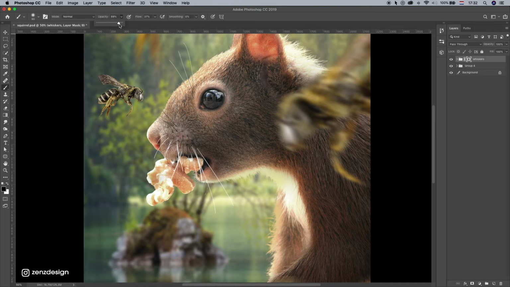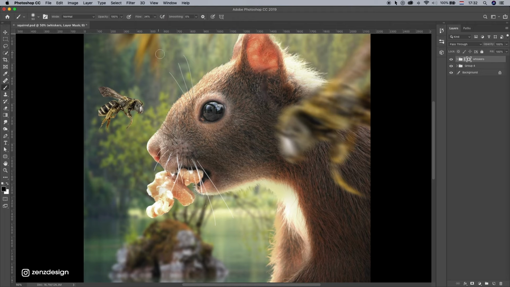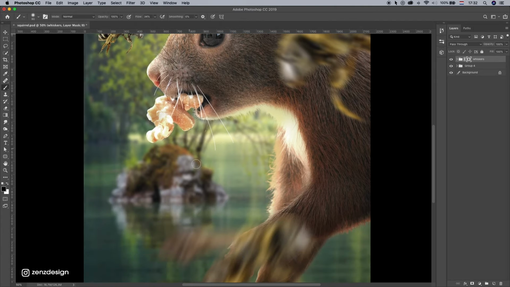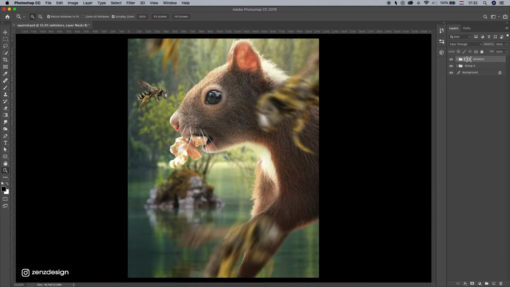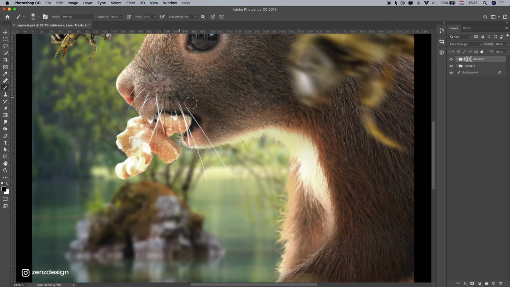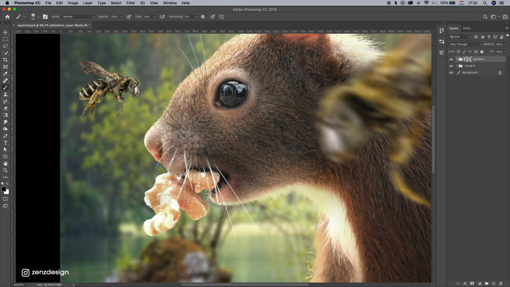You can leave these at 100, bring the flow a little bit down and make it bigger, and just soften the edges so it looks more realistic. And you can do the same on this side, so this is nice realistic